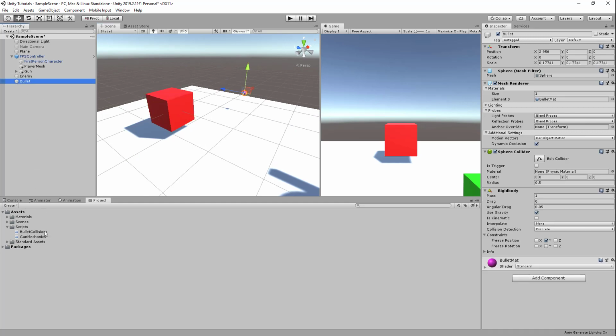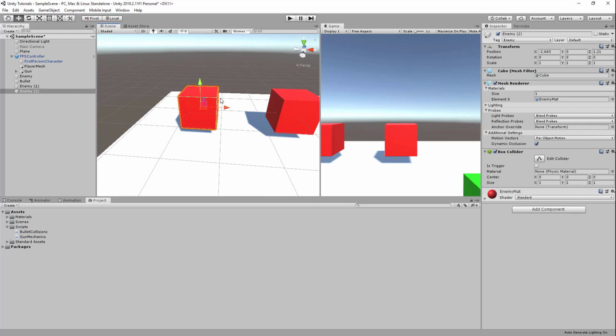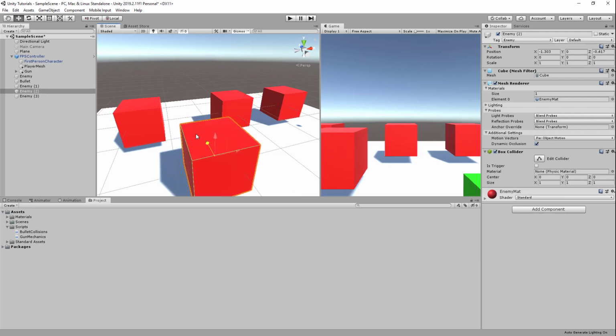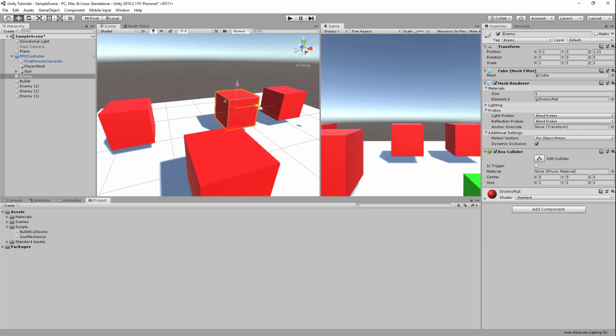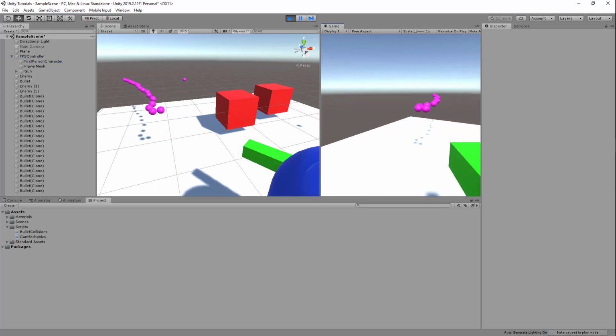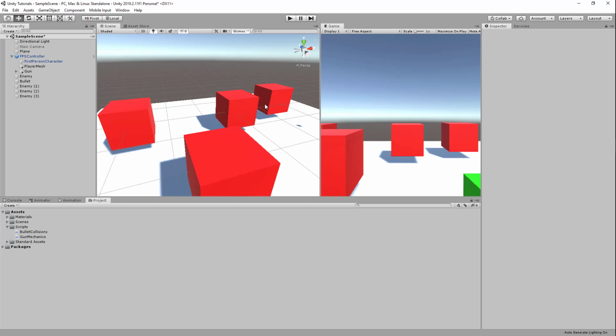So before we click play, let's add our BulletCollisions to our bullet, and we'll create multiple enemies, and spread them around. Now if we click play, awesome. Okay, so that's basically it for this video,